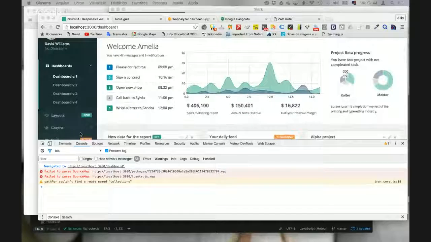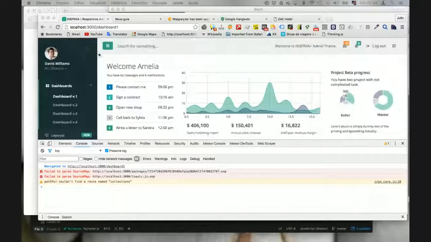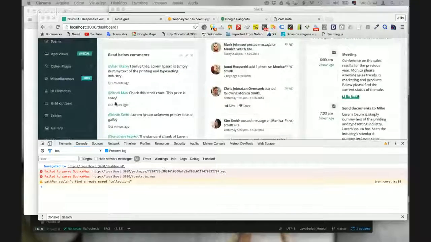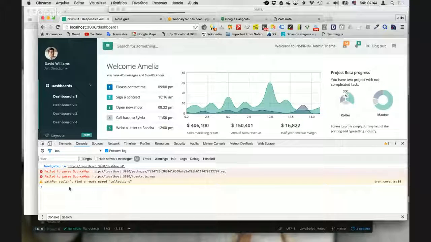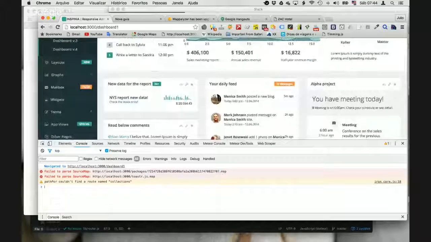So this is a very cool admin dashboard that is updated to Meteor 1.3. And then it fails to find some stuff. Okay. Well, first of all, this fail to parse source map is actually a bug